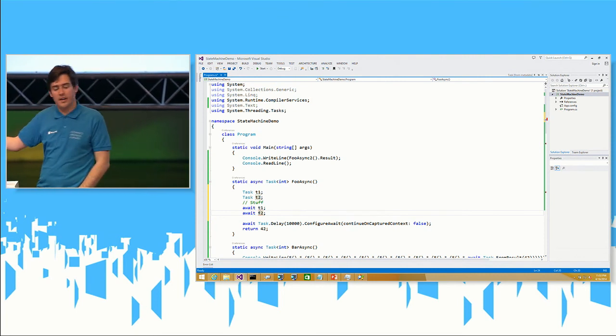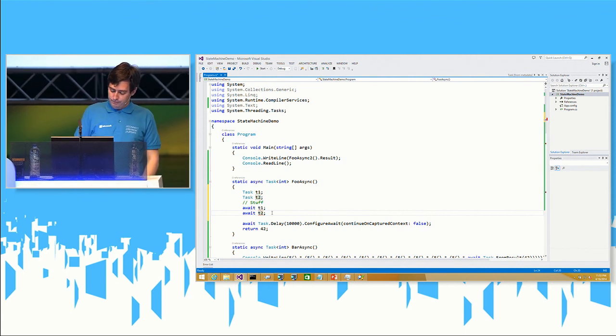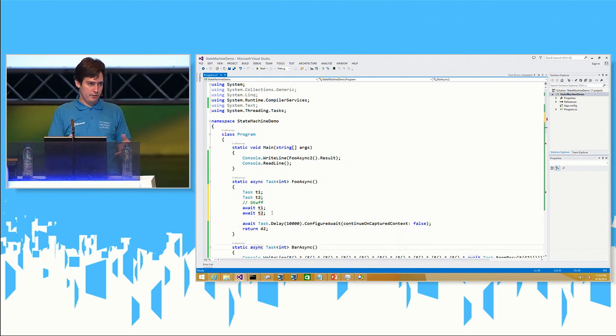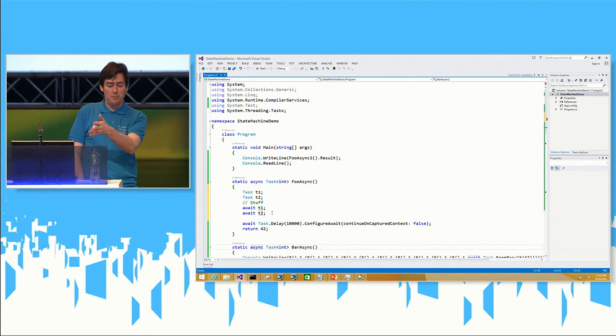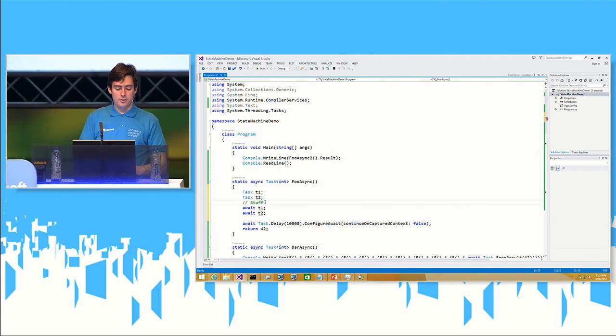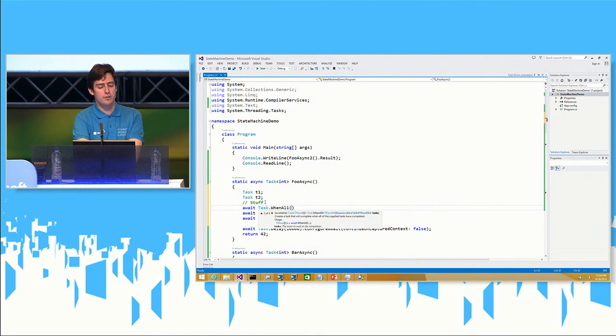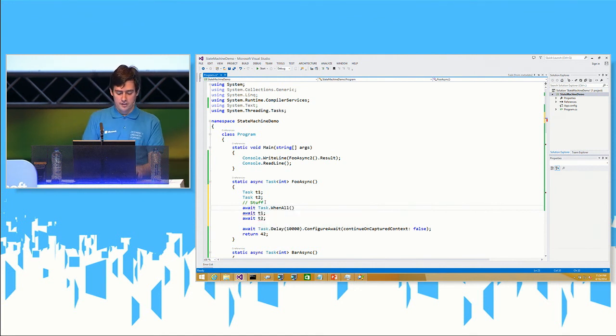Everything gets evacuated to the heap. A whole bunch of things may result from awaiting those things individually. Now, in this case, I want to wait for both of them to complete. So that's where task combinators come into the picture. You can actually await Task.WhenAll, not WaitAll, and pass in a params array or an enumerable of tasks. So you can pass in here T1 and T2